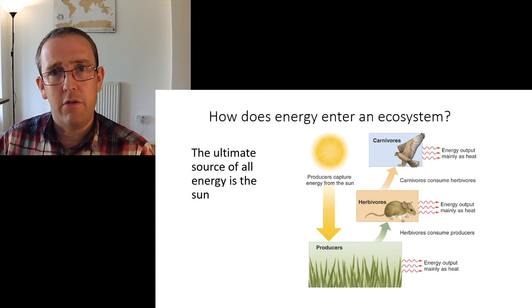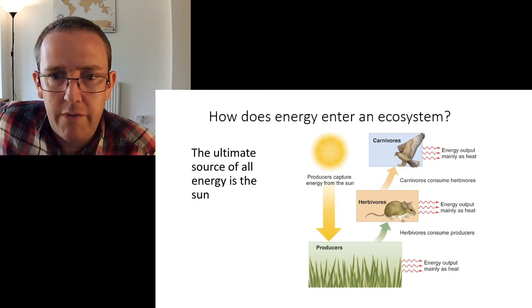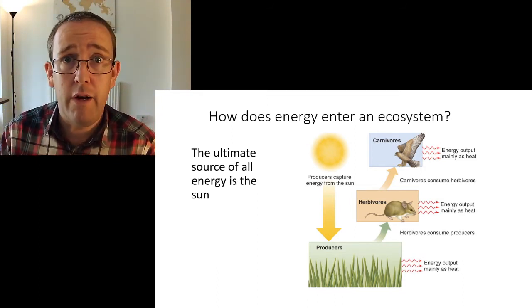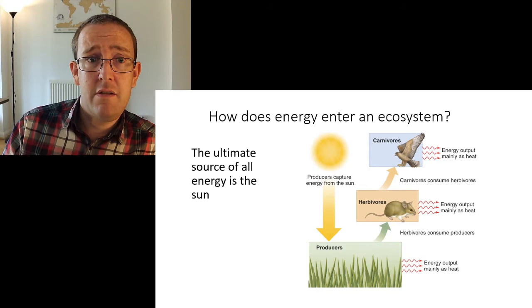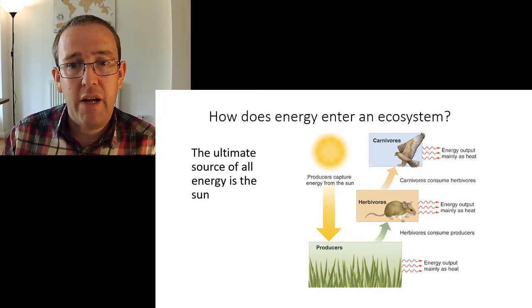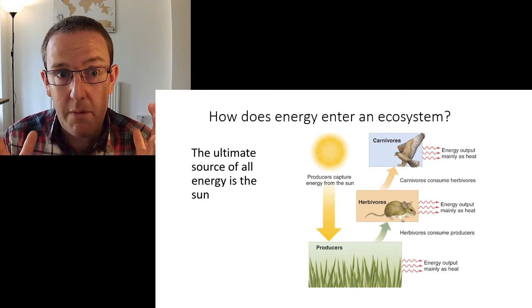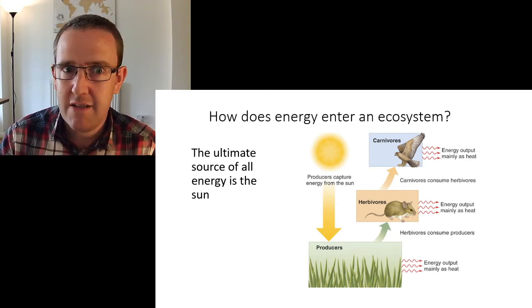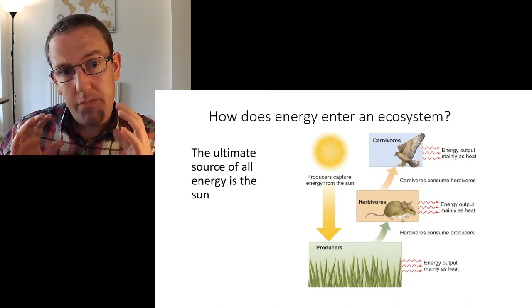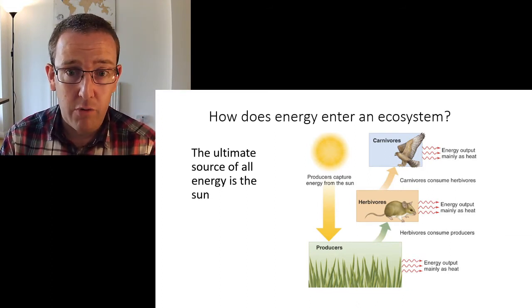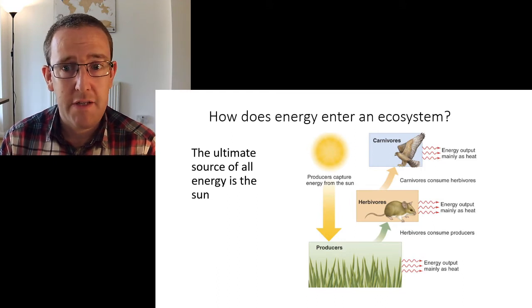But that's obscure, right? So largely we're talking about producers being photosynthetic organisms: plants, algae, whatever it might be. About 2/3 of the photosynthesis on the planet is done in the sea, by algae, and about 1/3 on the land. Which kind of makes sense when you think about the amount of the surface of the Earth that is land. So producers produce biological molecules from inorganic molecules using the energy of the sun and photosynthesis.